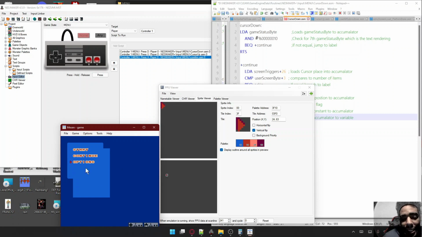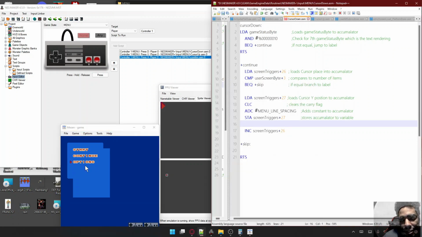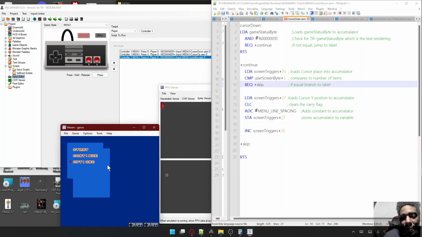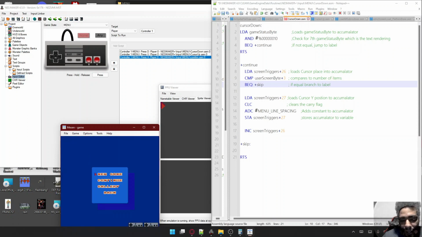And I go down again, it adds, and it's a 63. Now I press down again, it's not going to go down anymore. Why? Because it matches the items. 2, 3 items. 2, it matches 2, it's just going to keep skipping, and look, I can't go down anymore. And that solves my problem of having different menus with different number of items. So if I go here, it loads new position and everything. It does the cursor with the position. I got 95. I go down, add 16. 111, go down, add another 16. 127, go down, add another 16. 143, and I can't go down anymore,